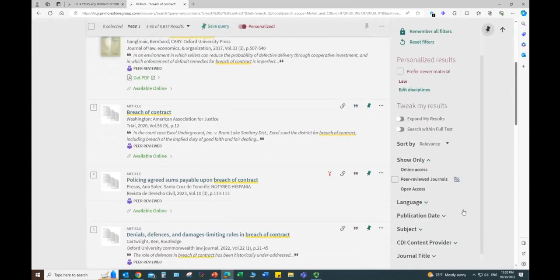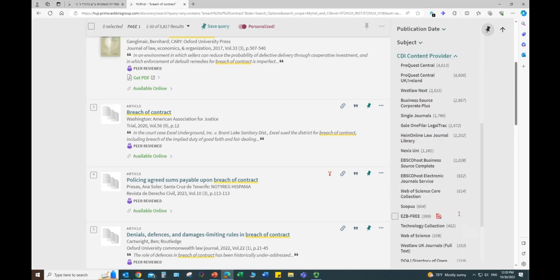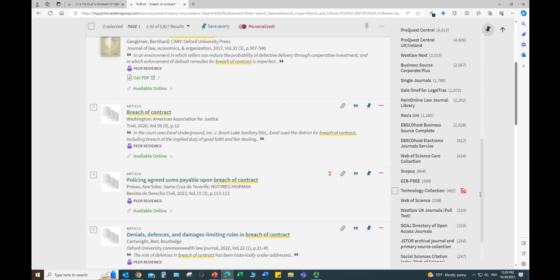So we'll scroll down again and we'll go to what's called CDI Content Provider. What is this? These are the sources where the catalog is getting its information. Unfortunately, it only selects the top 20. So at times, this will not be helpful for you, but in this situation, because we already did a legal